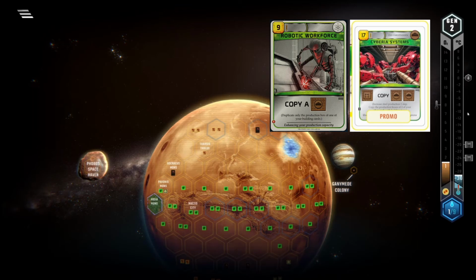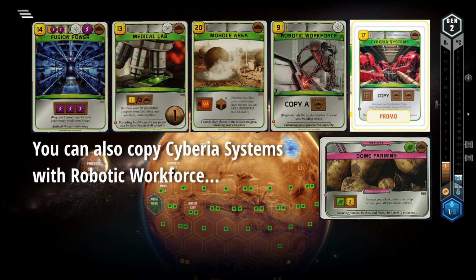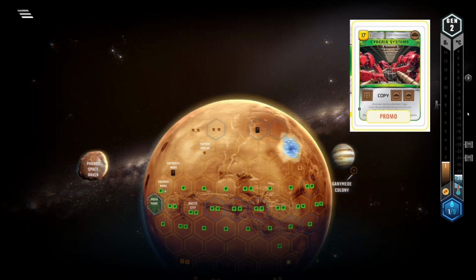In the right scenario, this is nuts. Dome farming, more hole area, medical lab, fusion power. There are certain cards that are already insane combo pieces for robotic workforce, but with this, which grants more than double the effect for less than double the price, they become insane. But of course, this is only worth it in the early to mid game, since it's expensive and just grants